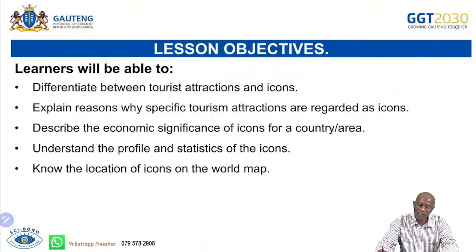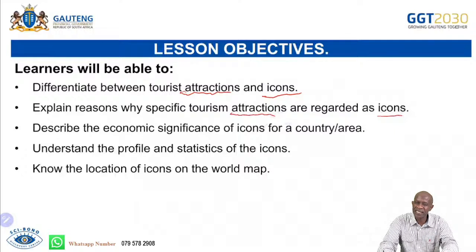Let's go back to the first bullet that says, differentiate between a tourist attraction and an icon. I want us to compare it with the second bullet that says, explain why specific tourism attractions are regarded as icons. And what this means for us is that